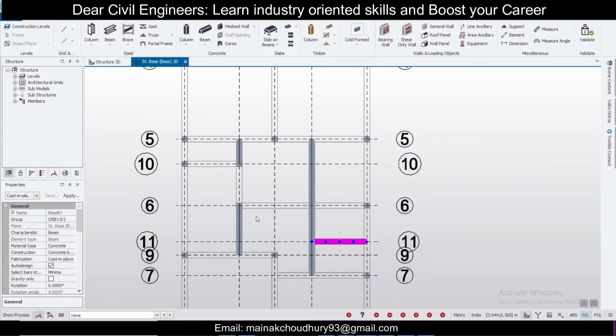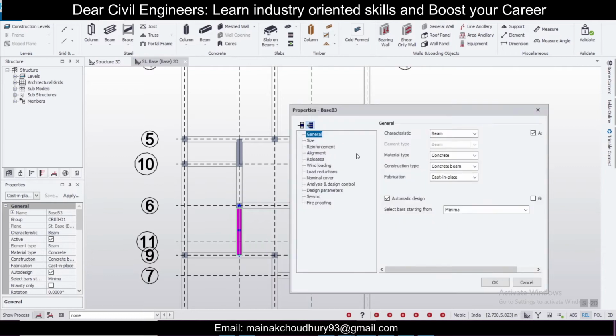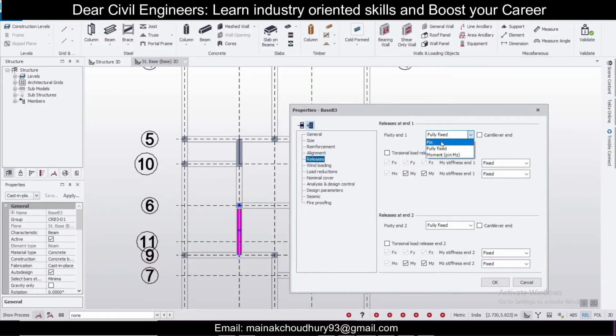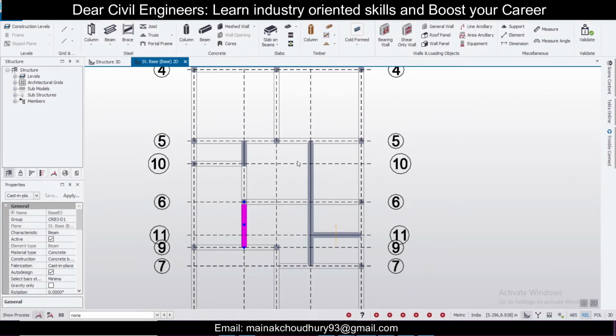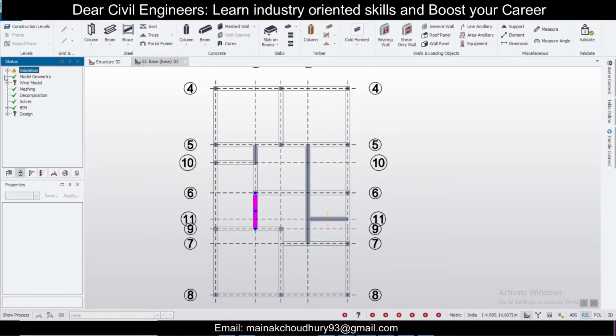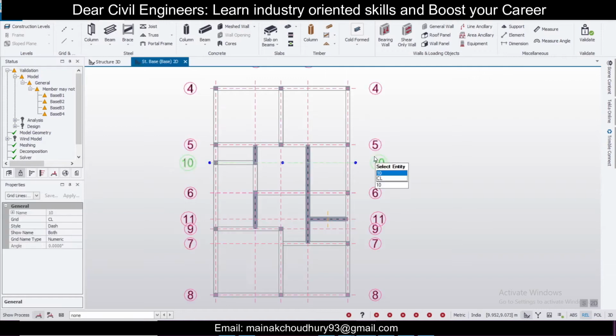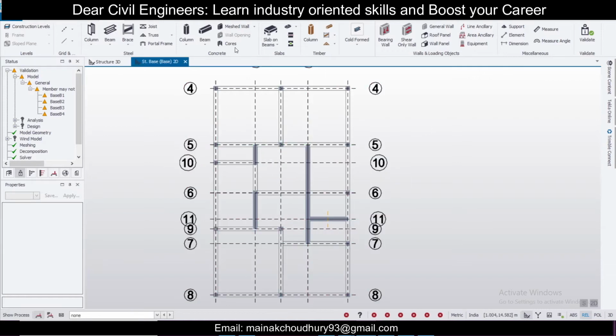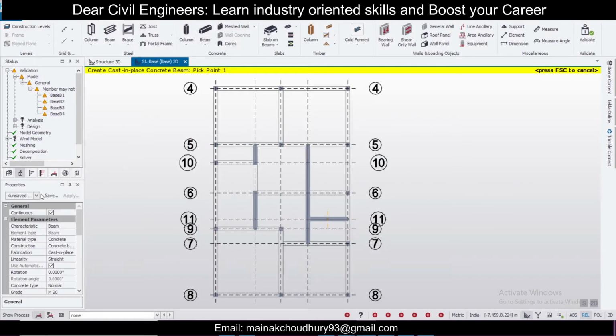Okay, and after that double click on this as well, releases, pin and pin, click on OK. So we're done. Just validate the model for checking. There will be a warning of member may not be supported, but it is okay because we haven't completed. But check there are no other warnings. So if there are no other warnings, click on escape and click on the beams once again and take the